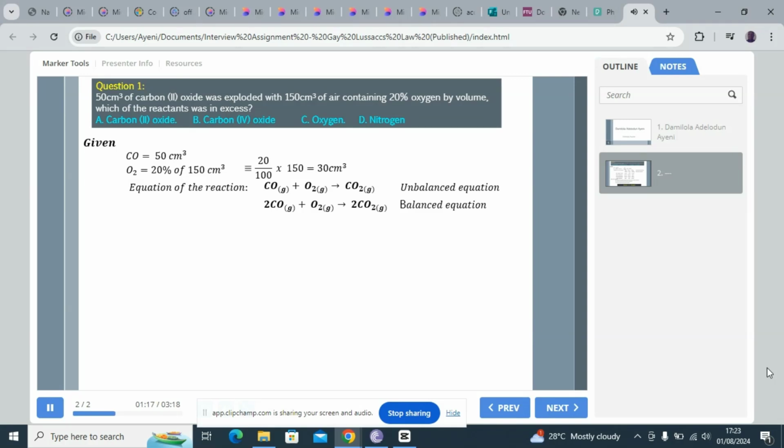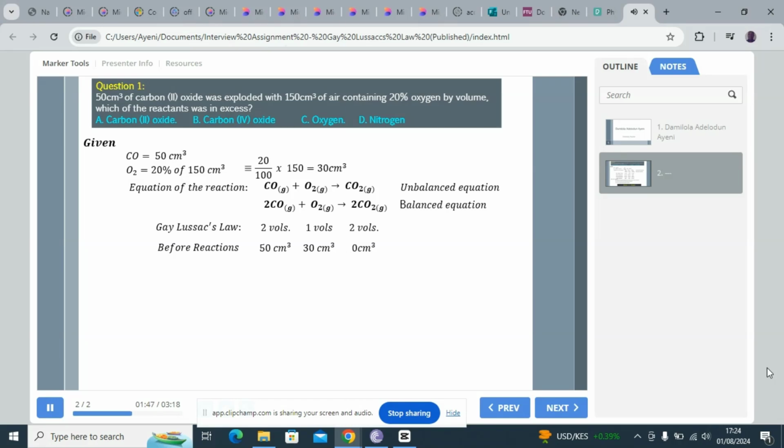Now, to solve this problem, this is a Gay-Lussac's law problem of combining volumes. From this Gay-Lussac's law, we have discovered that we have 2 volumes of CO that always combine with 1 volume of oxygen to give us 2 volumes of CO2. Going ahead, before any reaction takes place, we have 50 cm cube of CO and 30 cm cube of oxygen at the start of the reaction,